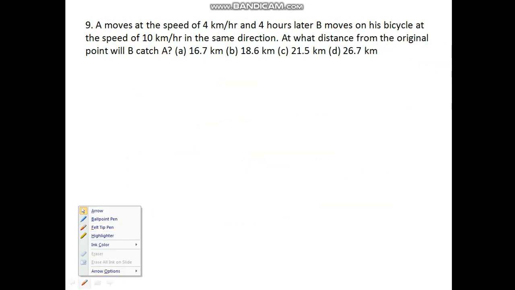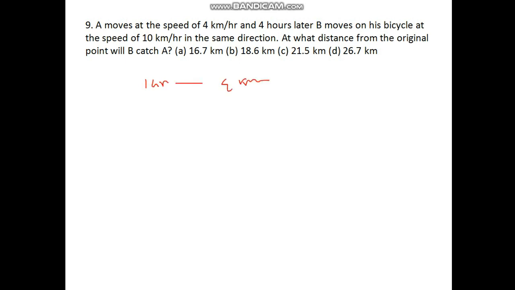So let's see this question. A moves at a speed of 40 km per hour, and 4 hours later B moves on his bicycle at a speed of 10 km per hour in the same direction. At what distance from the original point will B catch A? So here A is moving 4 km in 1 hour, and so for 4 hours he will go 16 km, right? Now